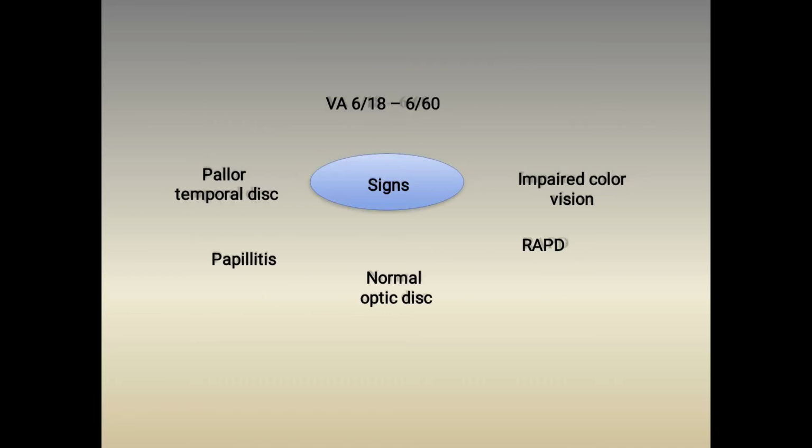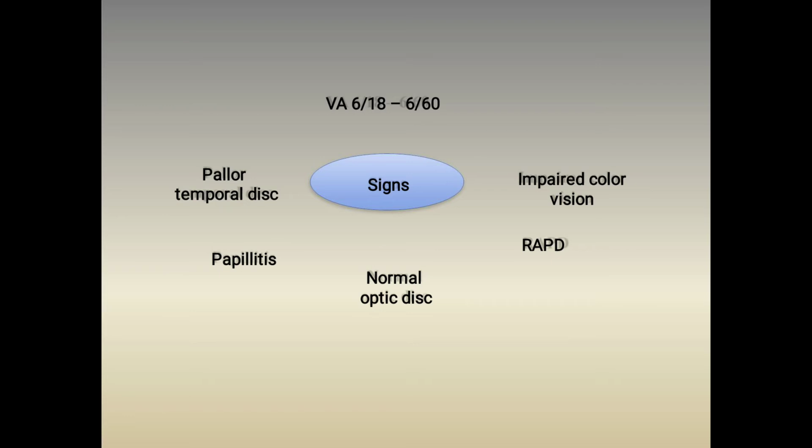So what are the signs? The visual acuity may be variably affected, friends. It may be PL negative or it may be 6/9. But if you check, the color vision will be impaired. The patient is not able to make out the hue. The patient will definitely notice that the hue of the color is reduced in the affected eye.